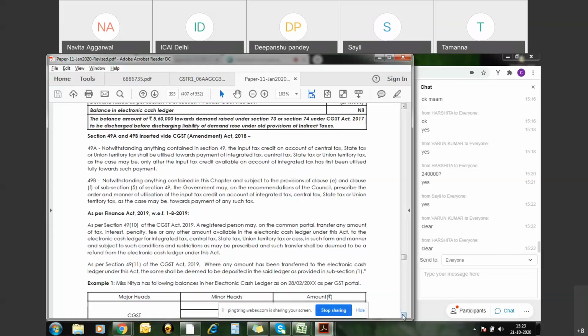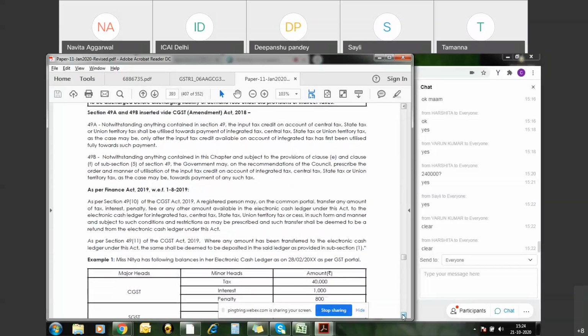See, initially, when GST was implemented on 1st July 2017, a certain set of rules was given under the law, but later certain amendments have been made. So 49B is empowering the GST Council, that they are still authorized to make any changes in the rules of utilization of ITC from time to time, and as and when changes are made, ITC during that period should be utilized accordingly. This is what 49B is stating.